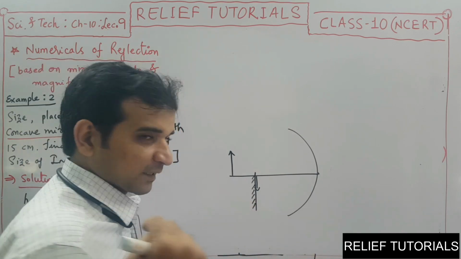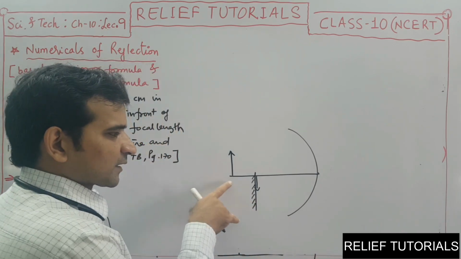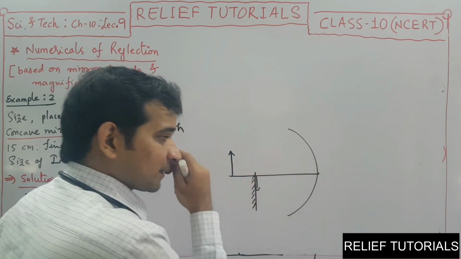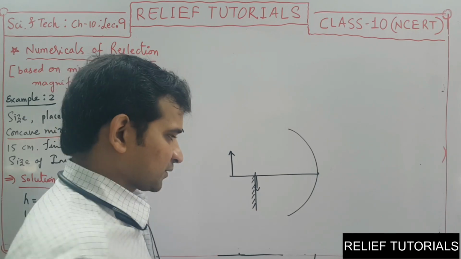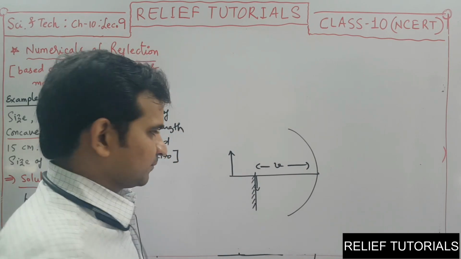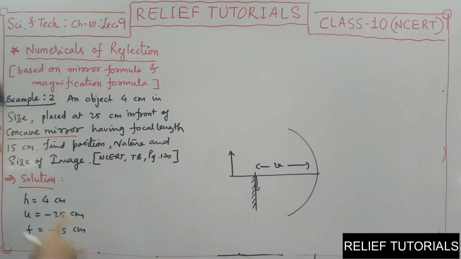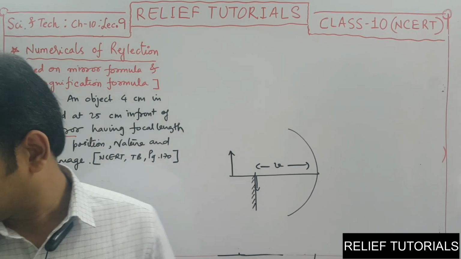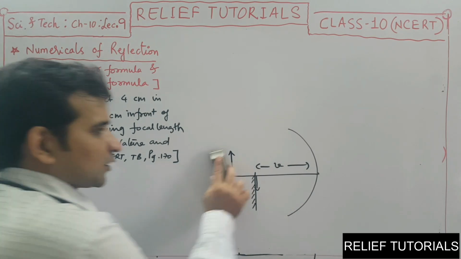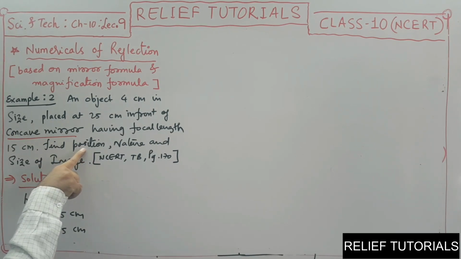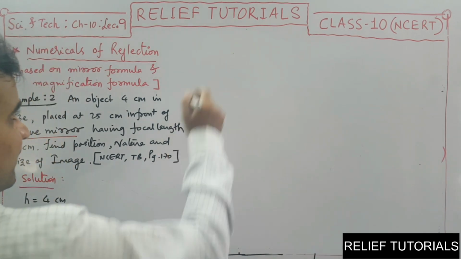So the question is here in the textbook, you can refer to the textbook: at what distance do we have to place the screen so that we can obtain the sharp image of an object. So indirectly they are asking for the image distance, obviously. That is why I have shortened the question: find position means v, nature and size. The same as the previous question. We can use the same method to solve it. We have given u, f, so we can find v, the position, using the mirror formula.